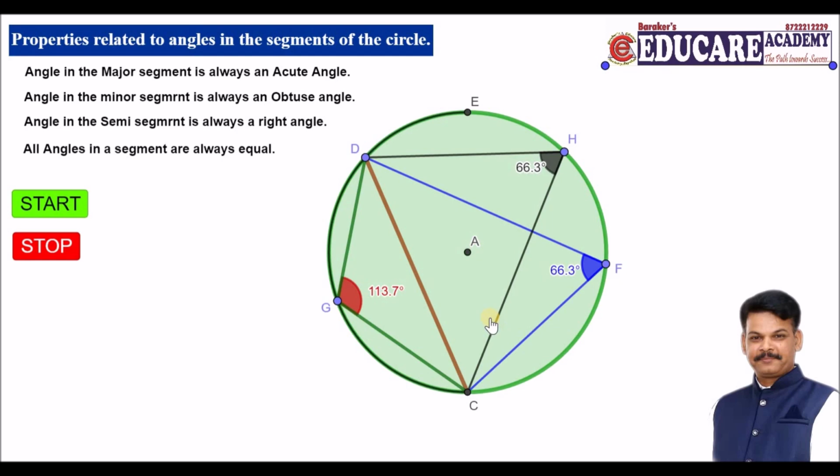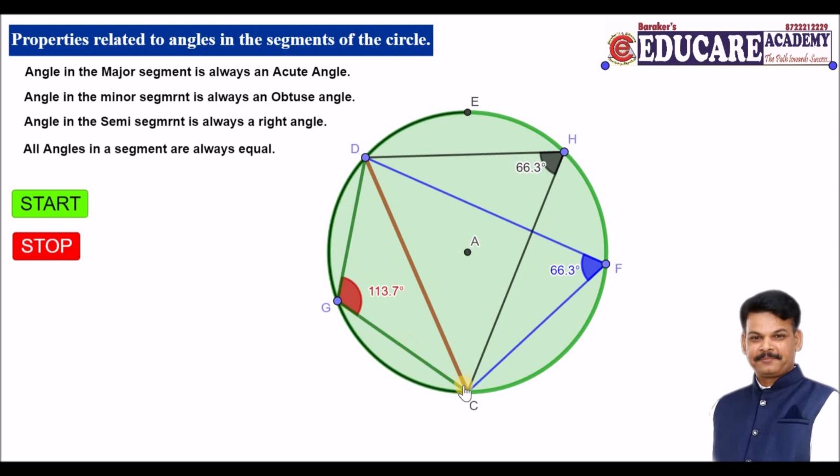Here, in this diagram, if A is considered as the center of the circle, then CD can be considered as a chord of the circle because CD is connecting the 2 points C and D present on the circumference of the circle. When this chord is formed, it always creates segments in the circle. Segments means parts in the circle.